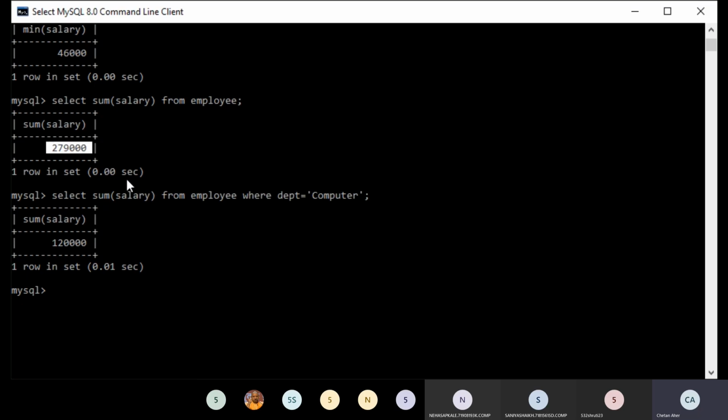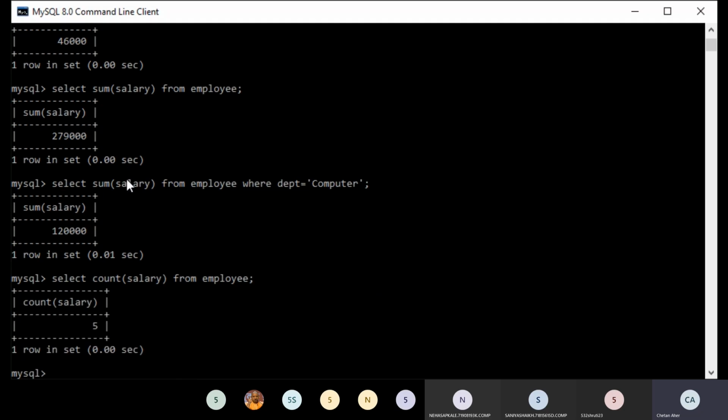Now we will see the count. I'll just remove this, we will check that later. How much will it return? It will return 5 records.